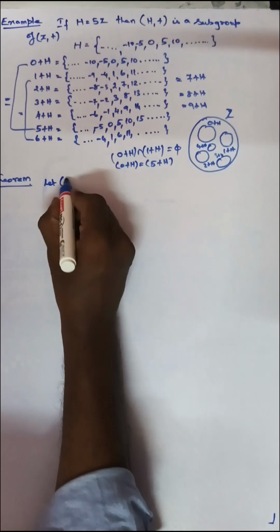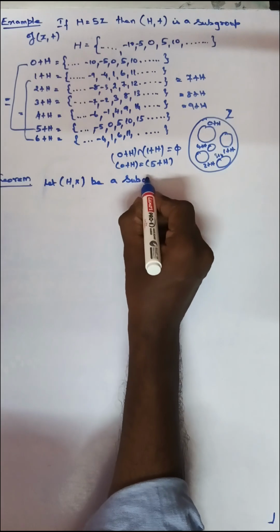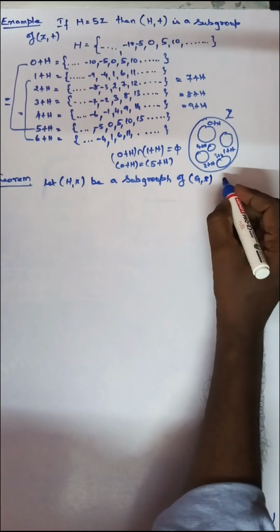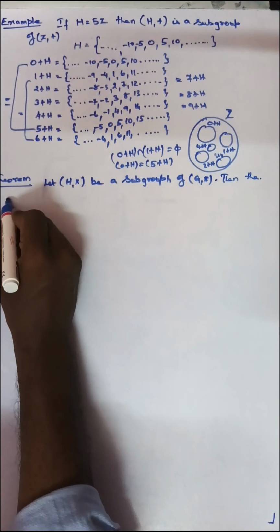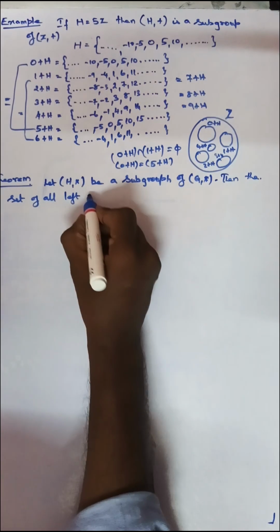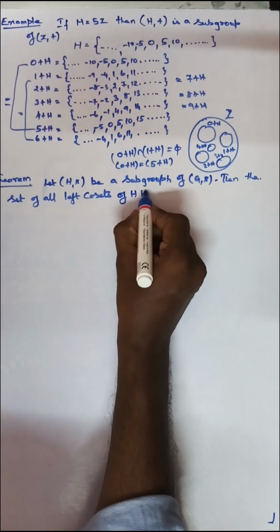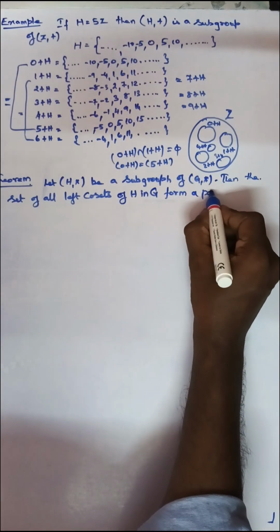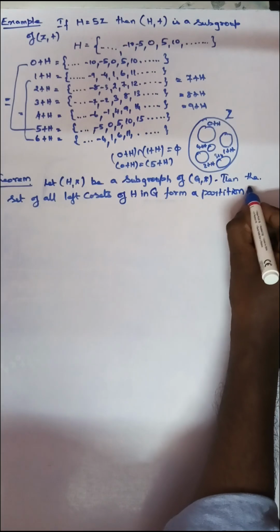Let H star be a subgroup of G star, then the set of all left cosets of H in G form a partition of G,